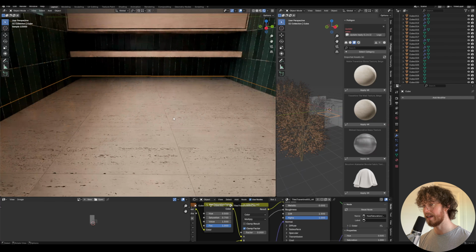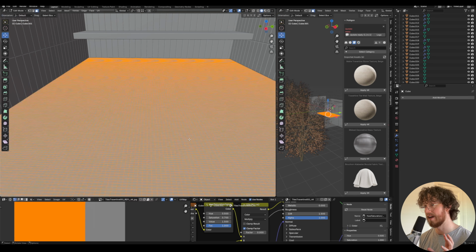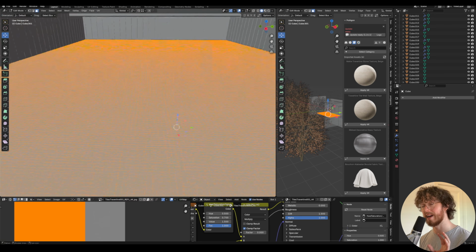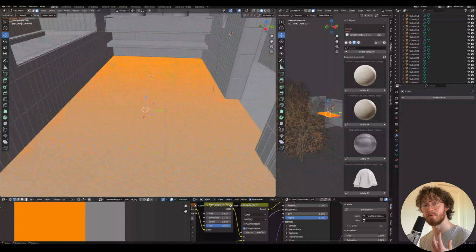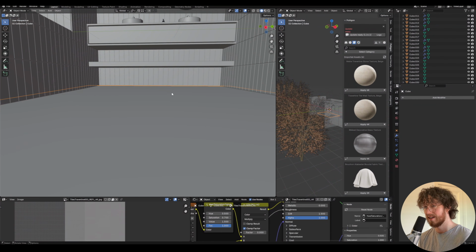The next key aspect of this was the floor. I used a travertine tile wall texture from Polygon. I think this is a beautiful texture with so much detail and intricacy, and when you're doing a high-end render, you really want the best materials, the best assets that you possibly can, because that's how you're going to get